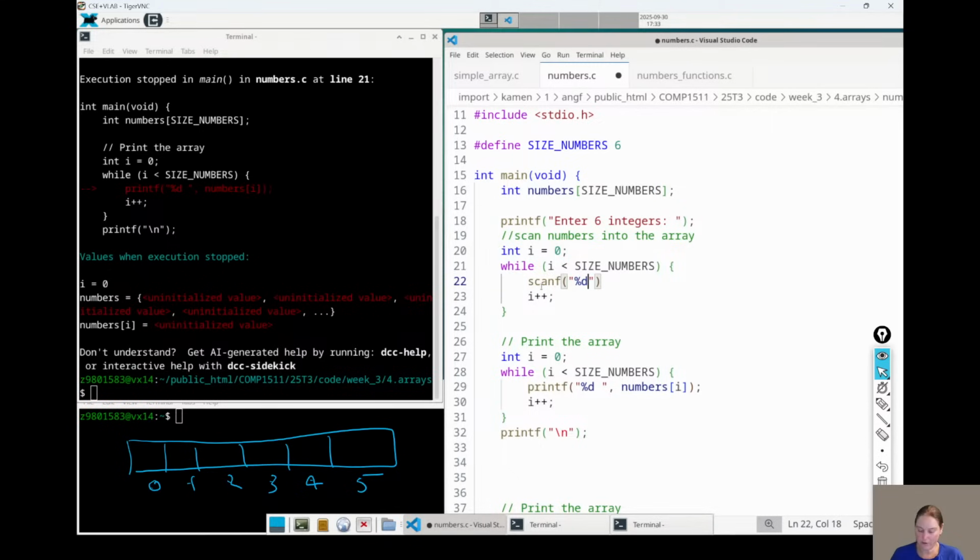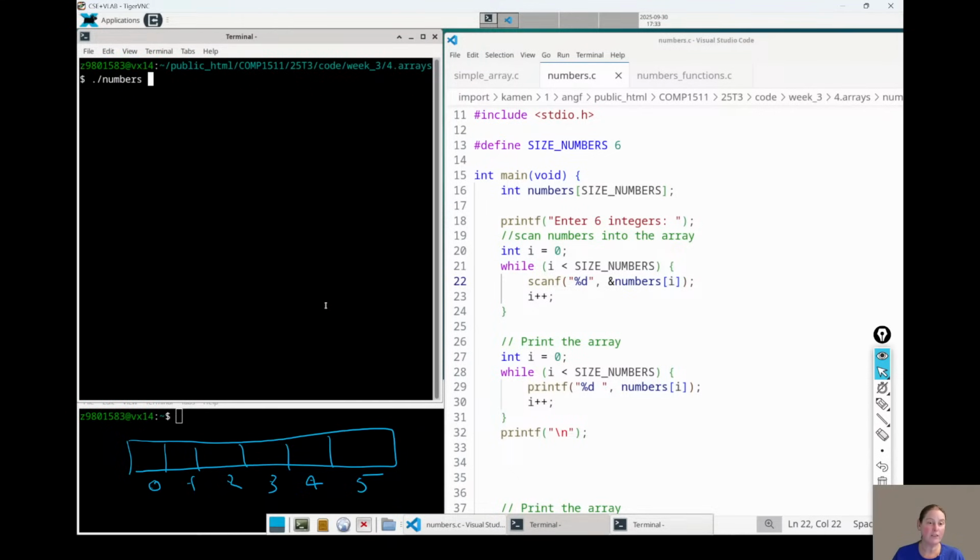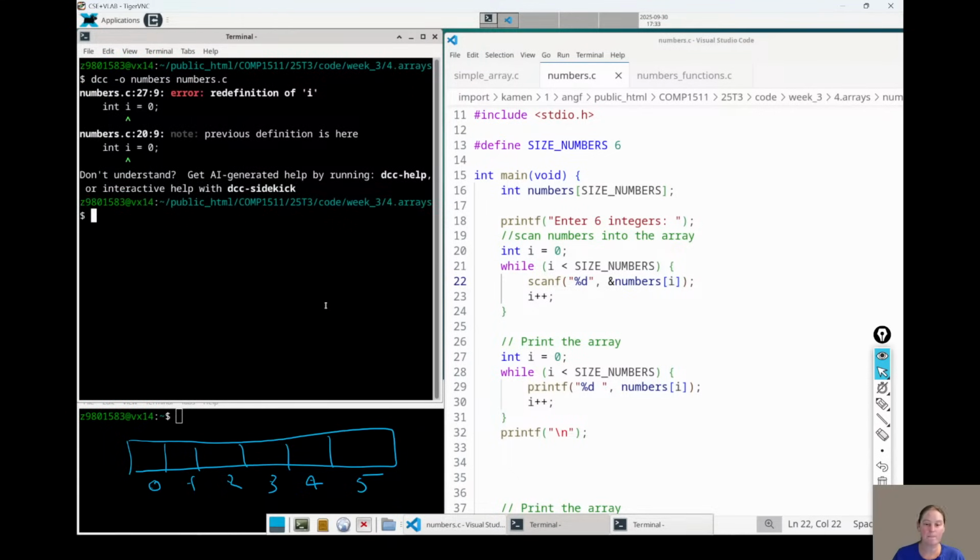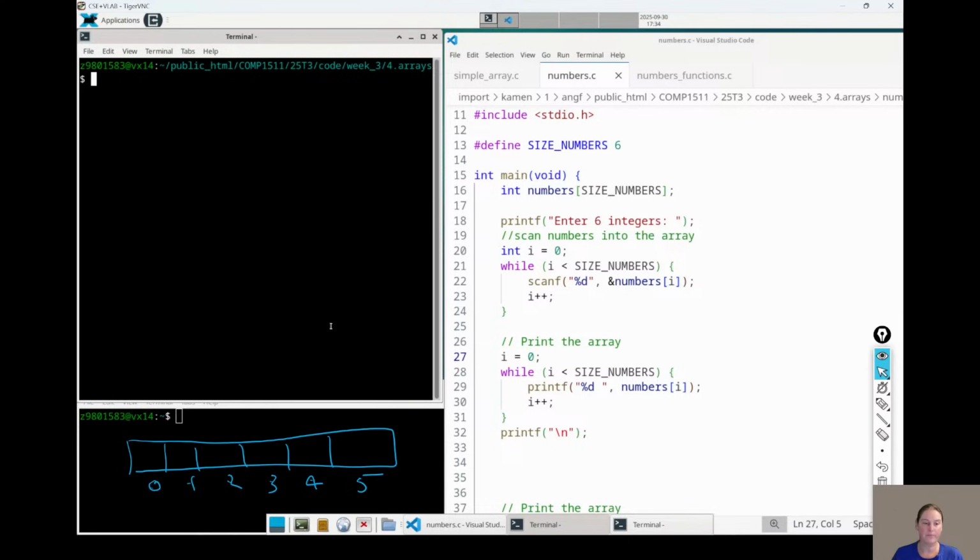And it's an integer array, so we're going to use a %d. And it's still going to be numbers I at each point, but we're doing scanf, so we've got to put this ampersand, because it's basically reading in an integer. So this should allow us to read some data in now, rather than hard coding it. Now you can't declare the same variable twice. You can reuse it and set it back to 0. So that's better.